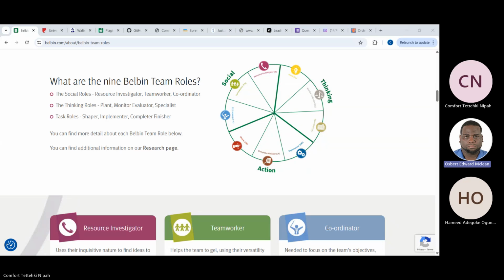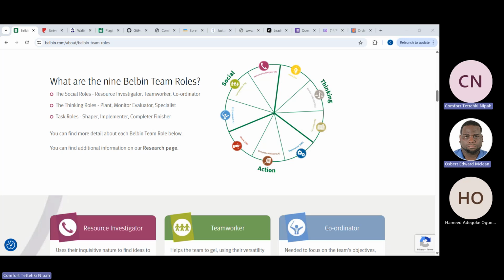We are going to be discussing Belbin's nine roles, as we had seen in the weekly discussion activity. So, what is it really? Meredith Belbin's framework identifies nine distinct behaviors. As you see on our screen, that circle has three sections, and the nine roles are divided into three categories. The first is action-oriented, the second is thinking-oriented, and the third is social-oriented.